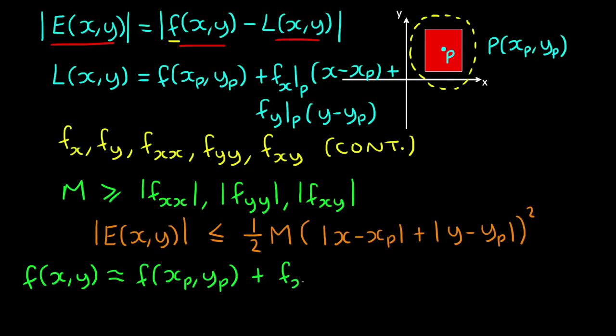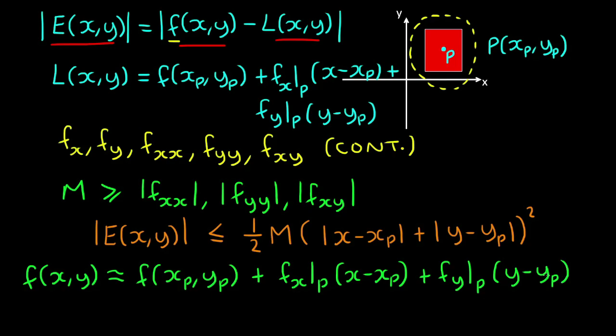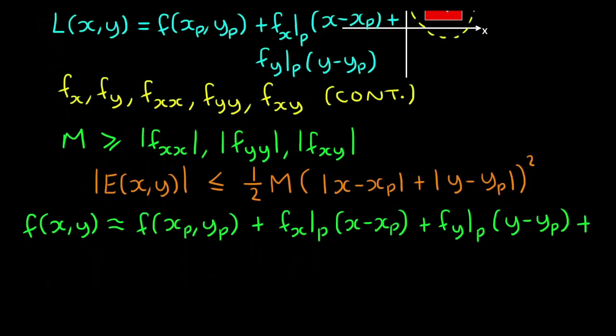So we have the partial of f with respect to x at P by x minus xp plus the partial of f with respect to y evaluated at P by y minus yp plus the second order terms, which is a second order partial derivative with respect to x on 2 factorial by x minus xp squared, noting that all the derivatives are evaluated at point P,